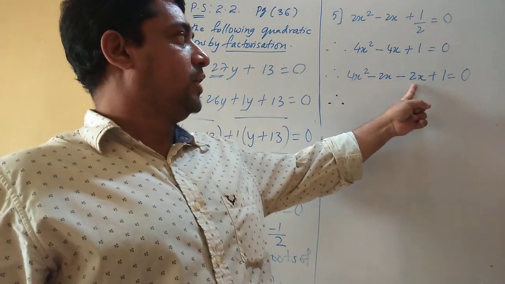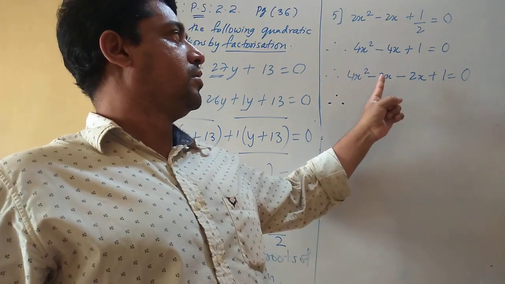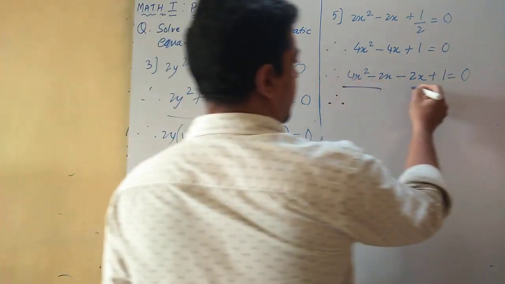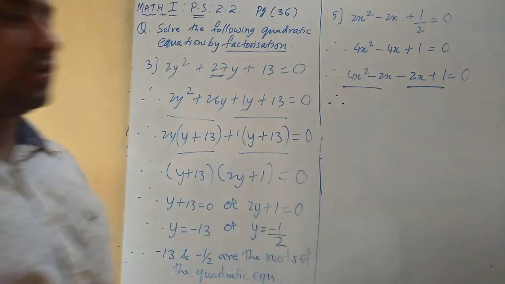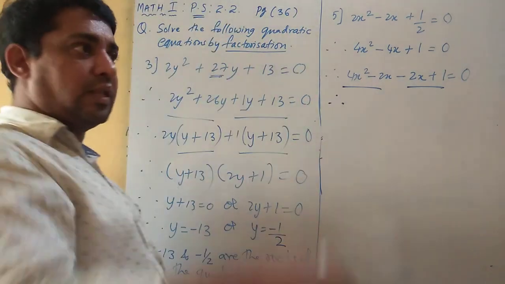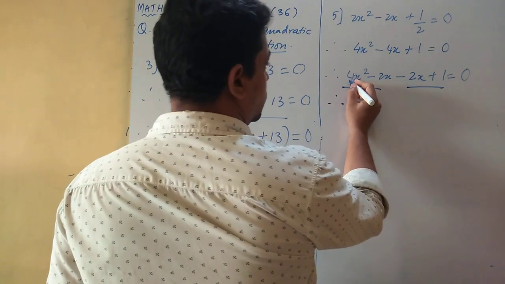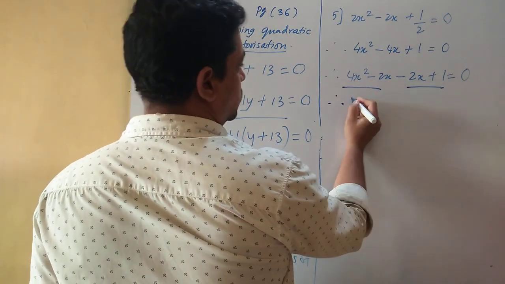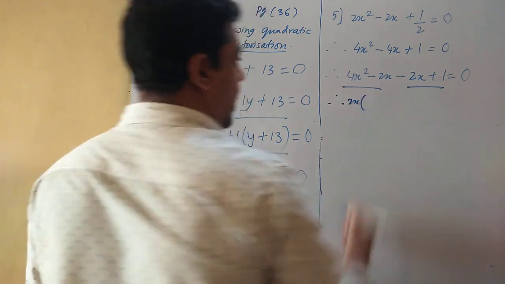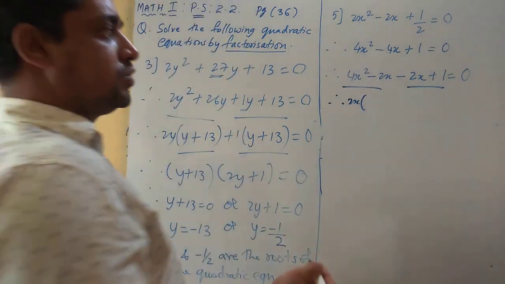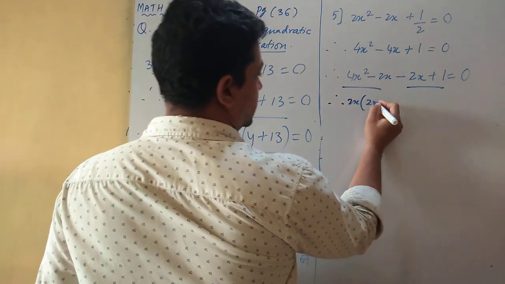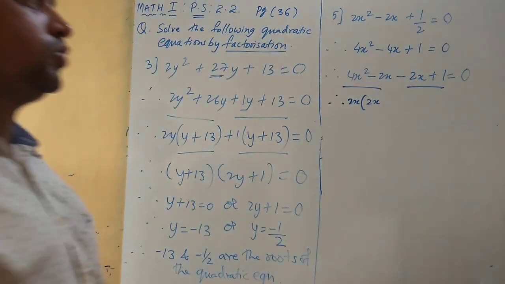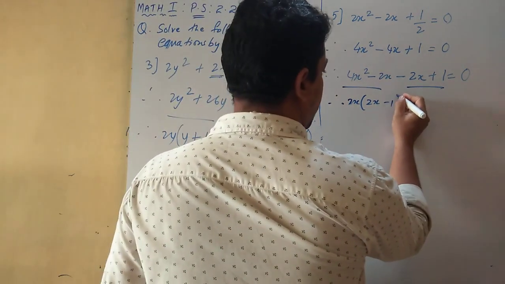So 2 2s are 4. Let's check. And minus 2 into minus 2 positive 4. We take the pair. So here we have coefficient more than 1. I told even the number will be common. So we can take 2 common and x also. So 2x common. And 2 how many times? 4. 2 2s are 4. And x is remaining, so 2x. So 2x in the bracket 2x minus 1.